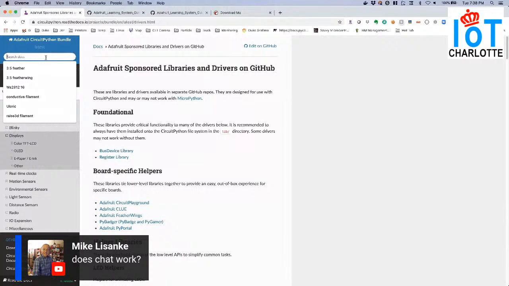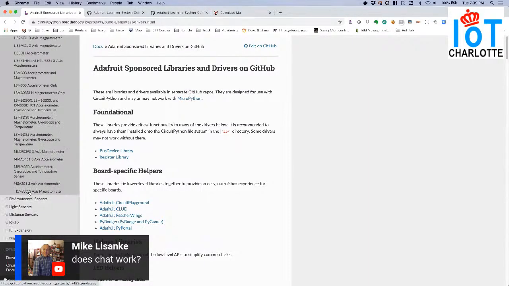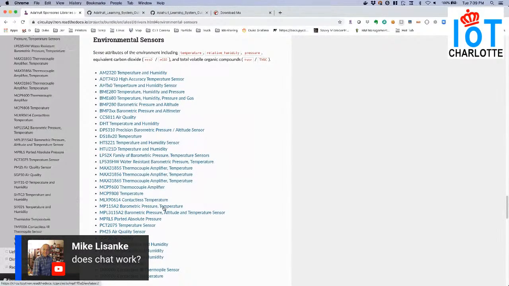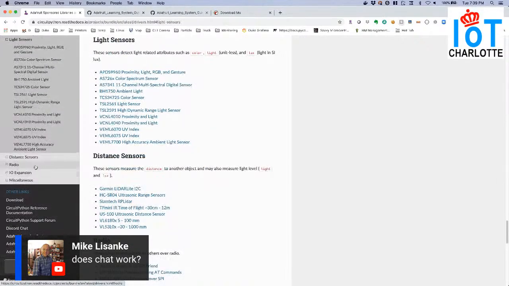There's a RA8875 display that I'm really fond of. They've got a nice 7-inch touchscreen, and that's got support, motion sensors, environmental sensors. There's just a ton of support out there for a ton of things.